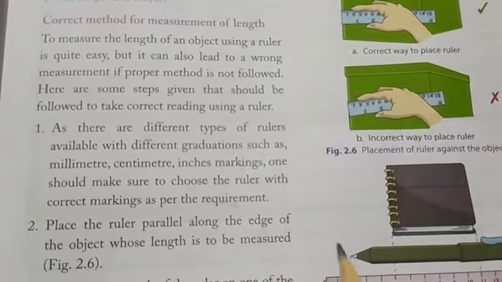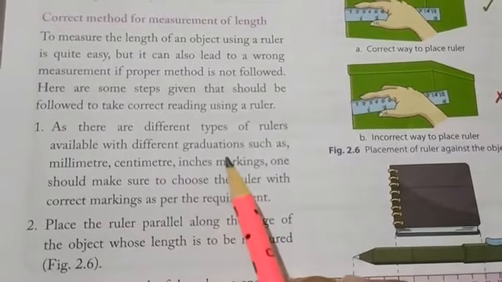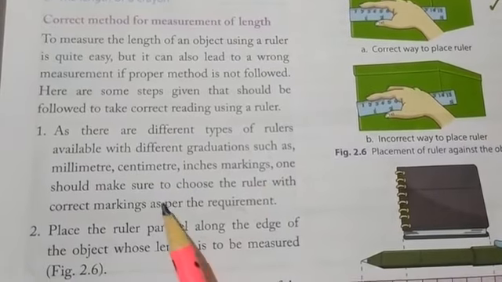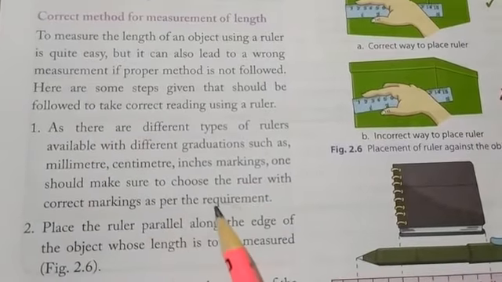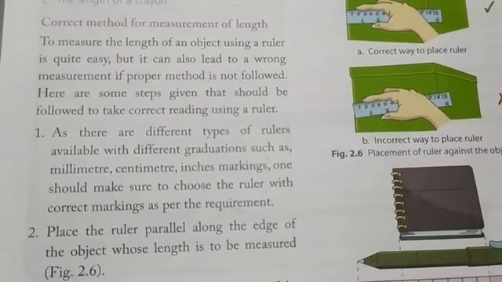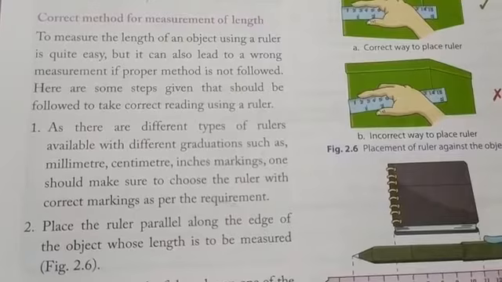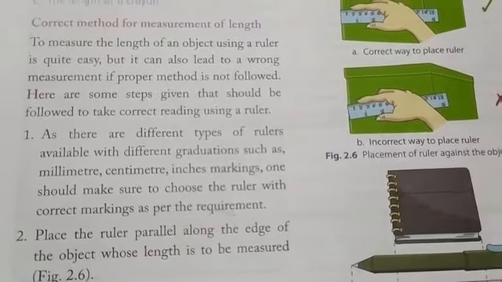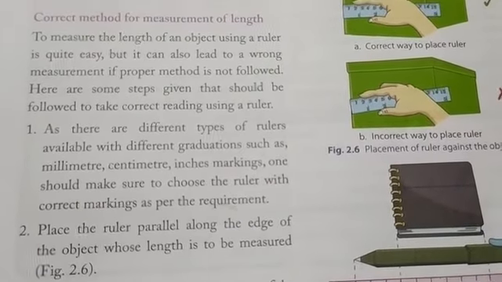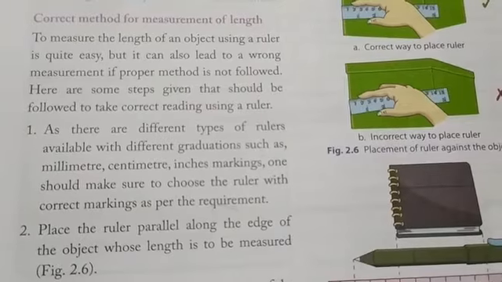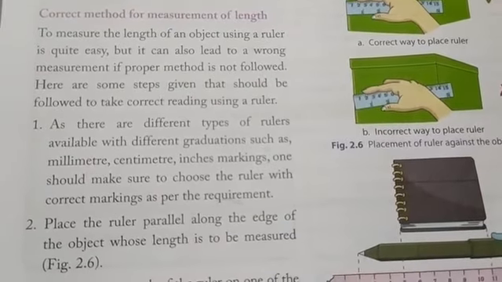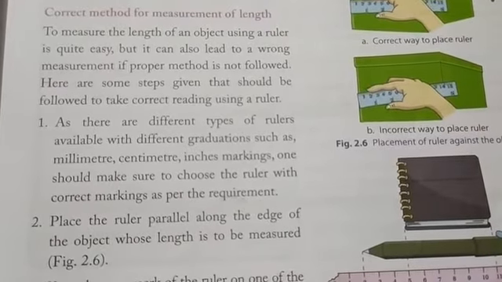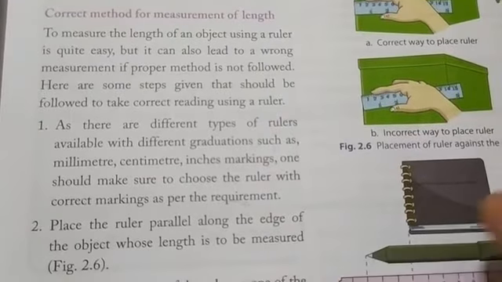The first one is, as there are different types of rulers available with different markings such as millimeter, centimeter, inches markings, one should make sure to choose the ruler with correct markings as per requirement. For example, if we want to measure the length of a pencil or an eraser, then we will choose a centimeter scale, not a kilometer scale. Similarly, if we want to measure the distance between two cities, then we will choose the kilometer scale, not the centimeter scale or the millimeter scale. So we should choose the ruler or the scale as per the requirement or as per the units